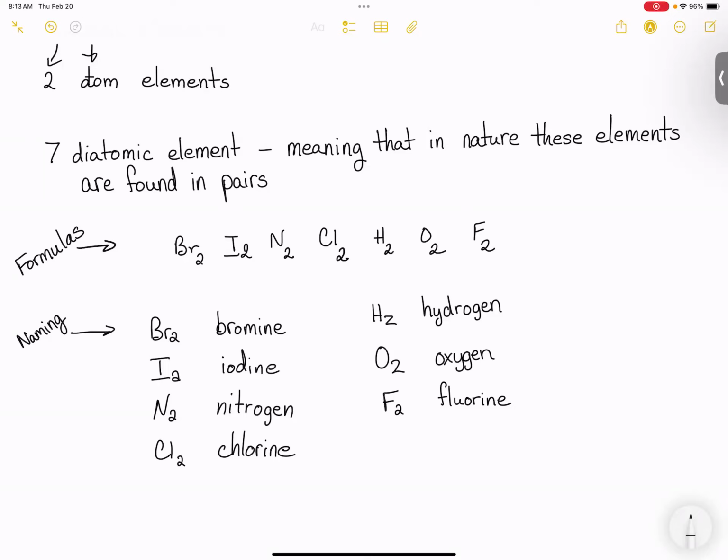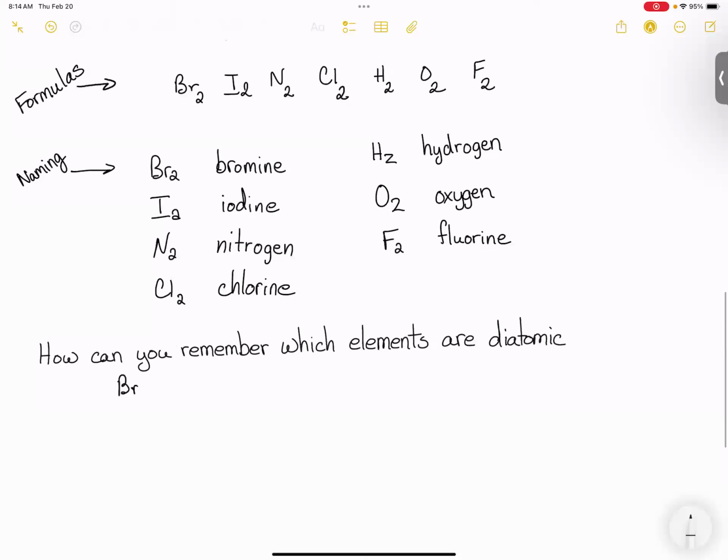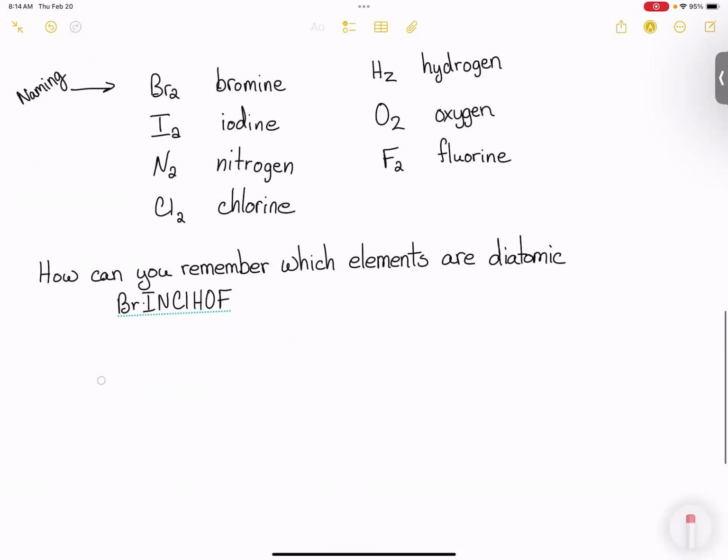Questions about the diatomic elements, because this is all there is to them. It's mostly memory work. Now, how do you remember which elements are diatomic? I've already given you one, and that is the term Brinkelhoff. It's fun to say too, Brinkelhoff. But the other way is if you look at your periodic table,